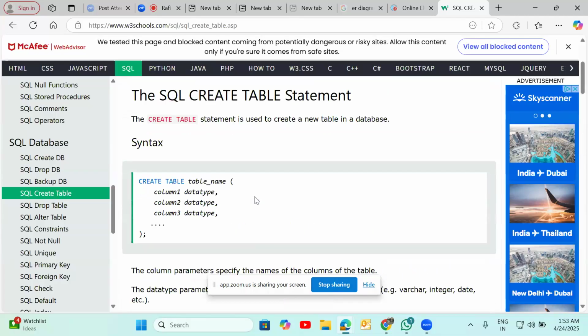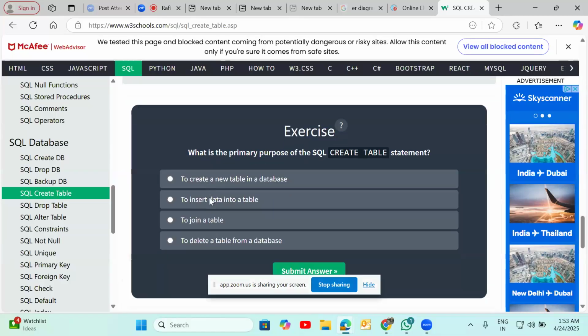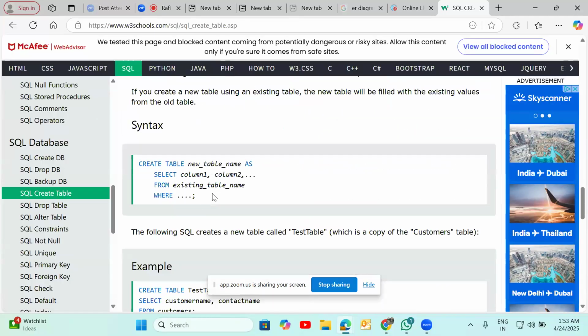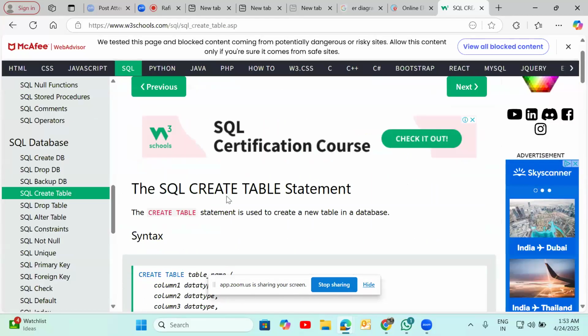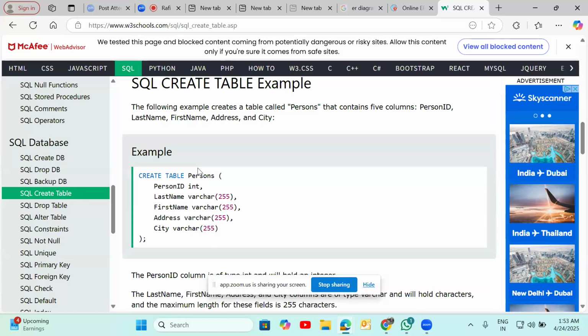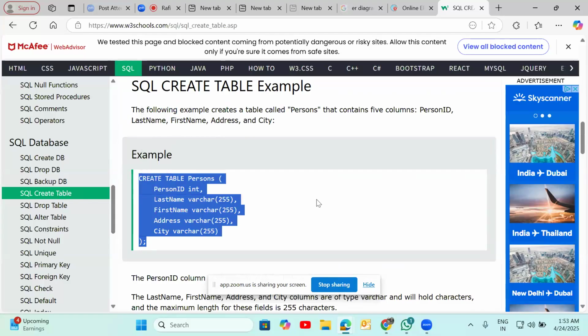Simply we can, there is an option, I think, where they are disabled or enabled. Somewhere else we can execute here only. Let me check. Because this is predefined, everybody practicing MySQL. I'll explain later. Create a table, table name, and personal ID is a variable name, or like a column name. You can consider column name, last name, first name, address, these things. These are the syntax to create a table.